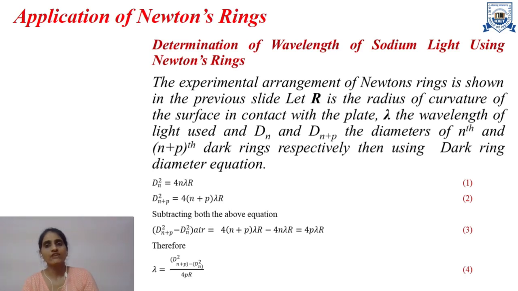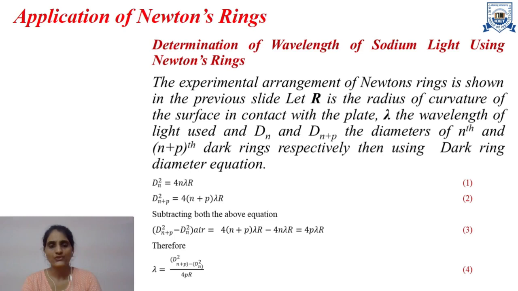That is, first is the wavelength of sodium light, and another is the refractive index of an unknown liquid. So in order to determine the wavelength of sodium light using Newton's ring, we will perform this experiment in the same way as it is shown in our previous videos of Newton's ring experiment, where the plano-convex lens is placed on the plain glass plate and R is the radius of curvature of the plano-convex lens, and lambda is the